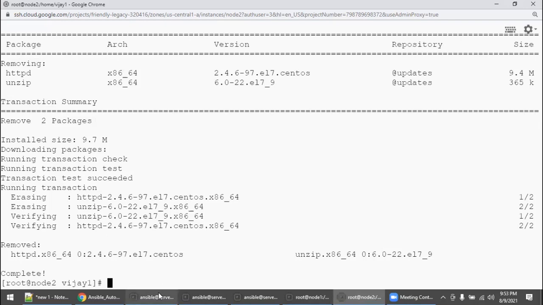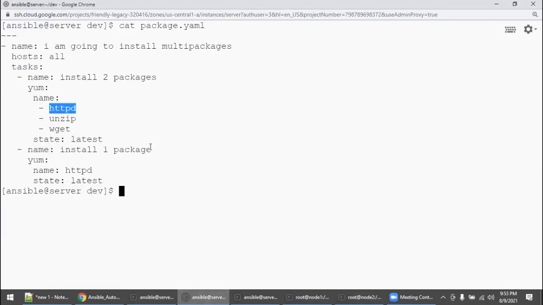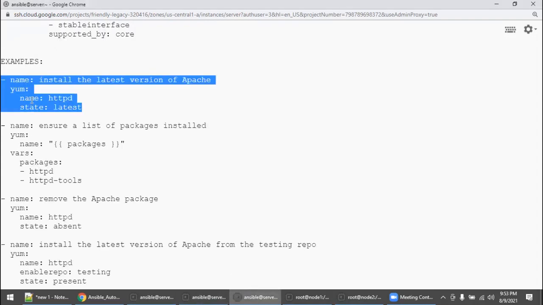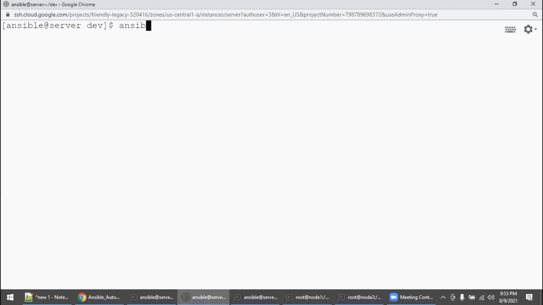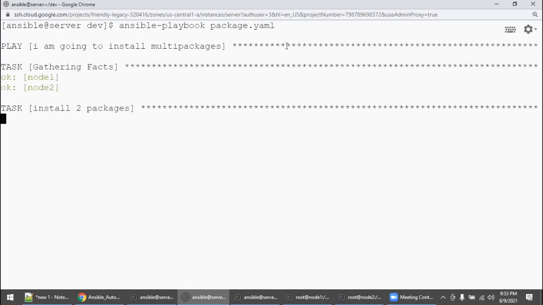Nothing is there, right? So we have created a playbook. Now we are going to execute. Remember, I never memorized this. I simply copied from an example, because I don't know anything about Ansible. I'm a zero in Ansible, right? So I'm just going with the example, right? So go here. Say ansible-playbook, right? Say package.yaml. So the moment you execute it, automatically what will happen? It will try to install the packages one by one.